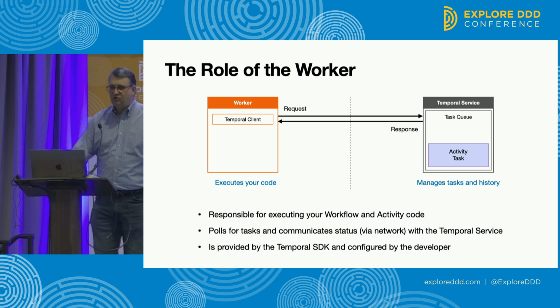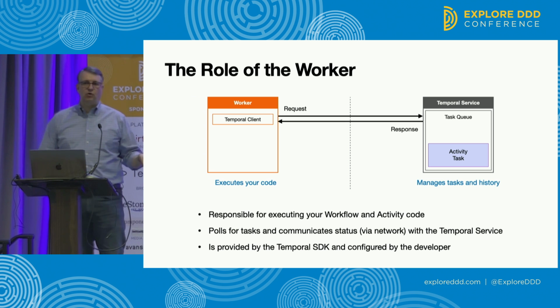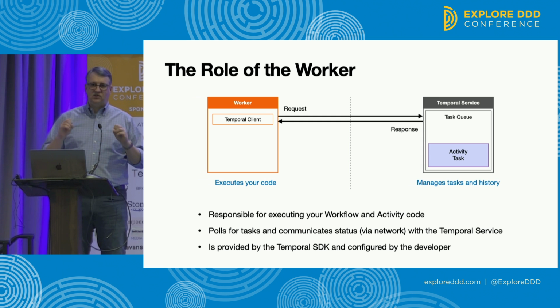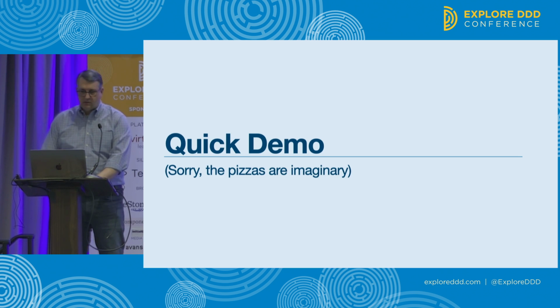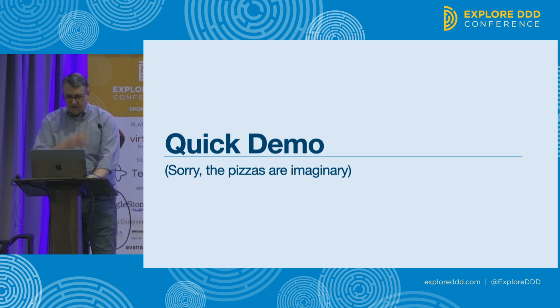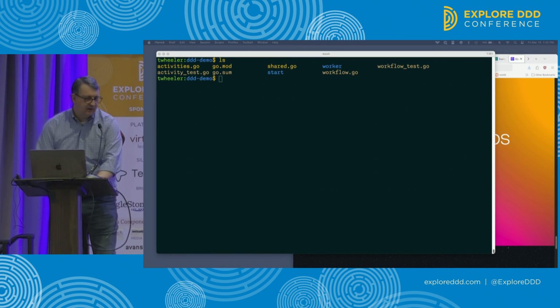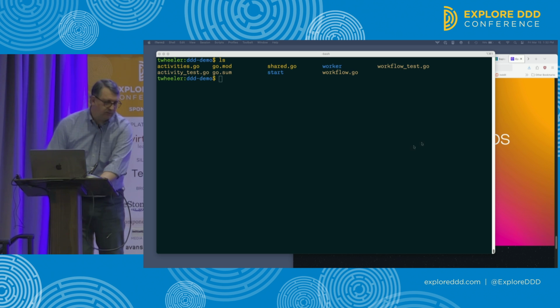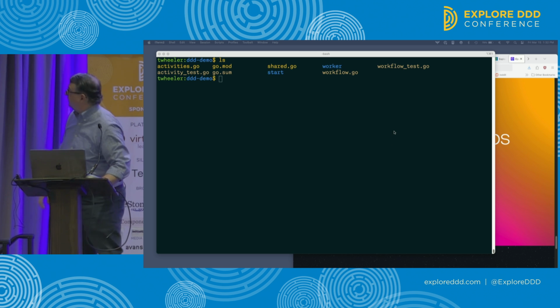So I wanted to demonstrate this now. I'm not going to show you the code. I'm just going to run the example so you can see what things look like from the outside. Then I'm going to walk through the code to show you what it looks like from the inside, what's actually happening behind the scenes. So this is the pizza order. Unfortunately, there's no actual pizza here. It's all virtual pizza. Is this terminal window big enough, easy to read from the back?